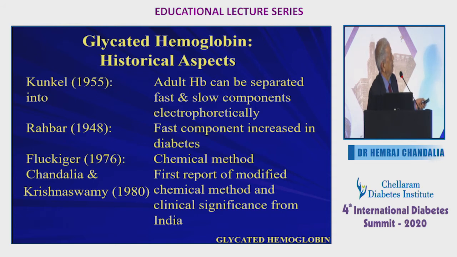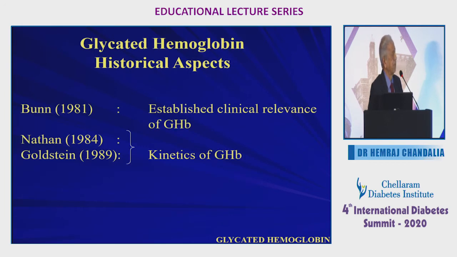Let me just tell you how we got interested in this in 1976. We saw a short note in a European Journal of Biological Society talking about glycated hemoglobin. This was a time when not much interest was anywhere in the world on a large scale on glycated hemoglobin. So I persuaded my biochemistry colleagues at Jaslok that I would like this test to be started in our hospital. This was an excellent biochemist colleague of mine, Dr. Krishna Swami. So we set out to start a chemical method, which was a very sturdy method at that time.